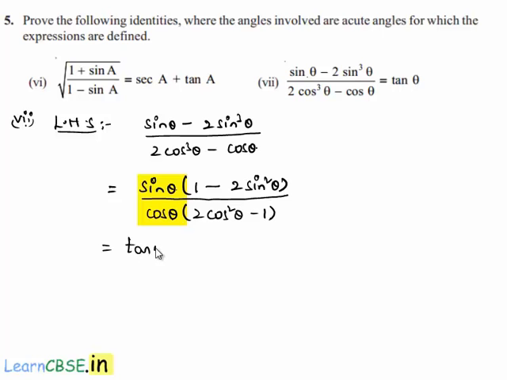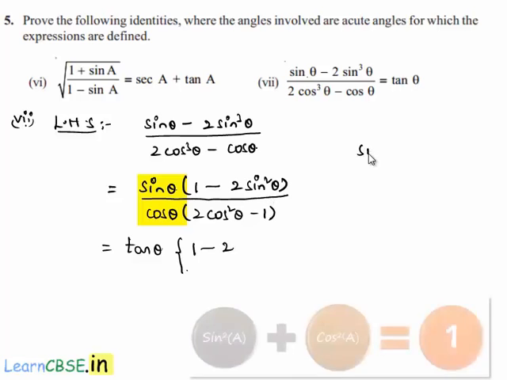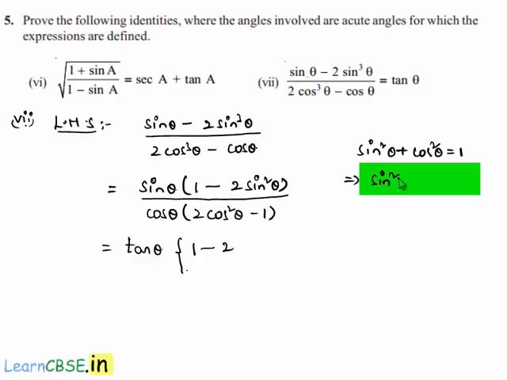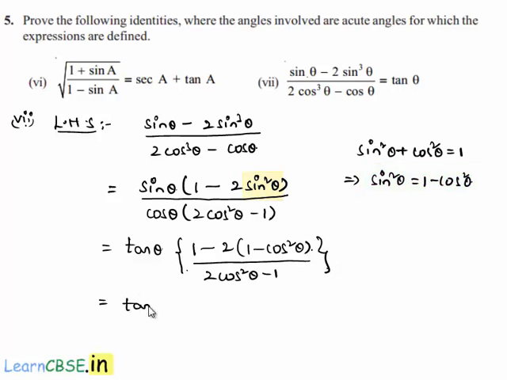then it is nothing but tan θ into (1 − 2 ...), here we have an identity that sin² θ + cos² θ is equal to 1, which implies sin² θ is equal to 1 − cos² θ. Let us substitute here, then we get 2 times (1 − cos² θ) divided by (2 cos² θ − 1), which is equal to tan θ into (1 − 2 times 1 is 2, and minus 2 times minus cos² θ is plus 2 cos² θ)